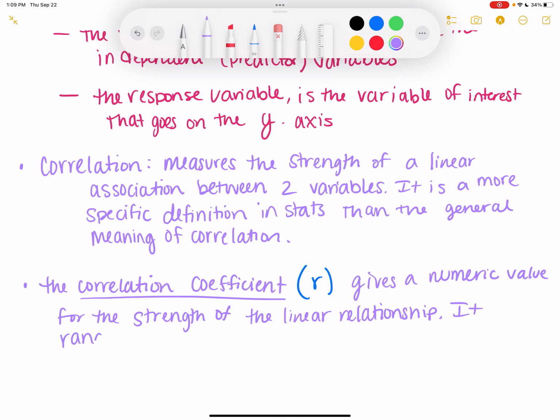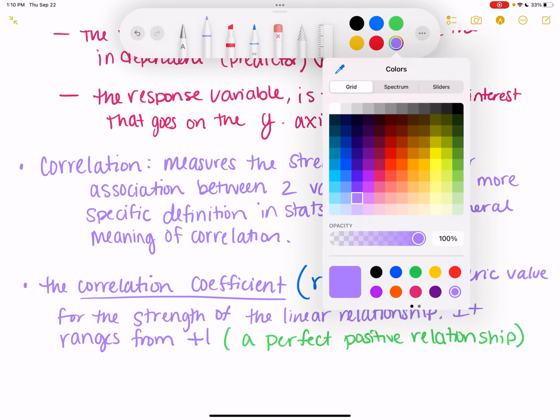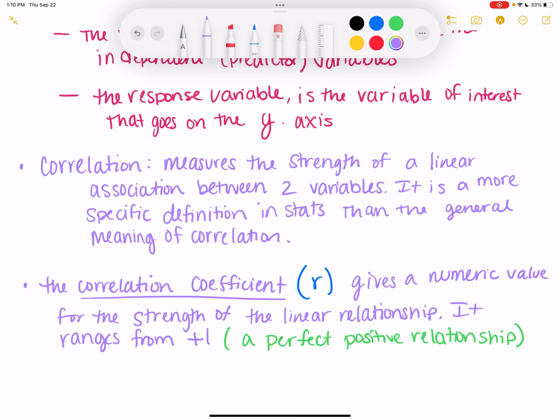It ranges from +1, which is for a perfect positive relationship, to -1, which is for a perfect negative relationship,